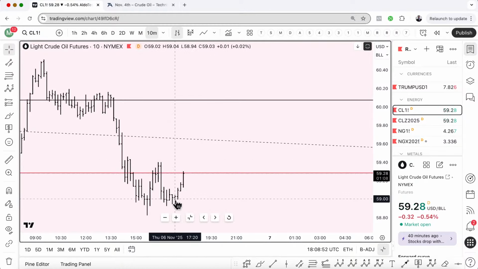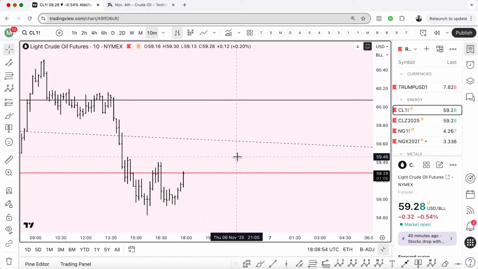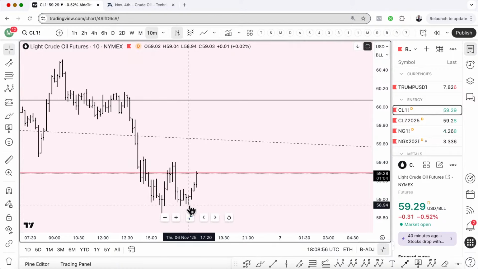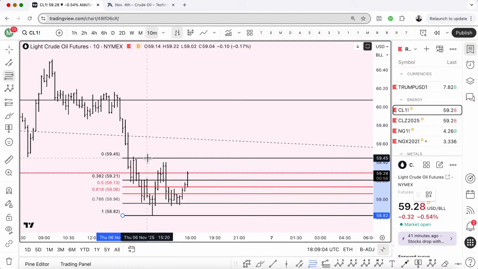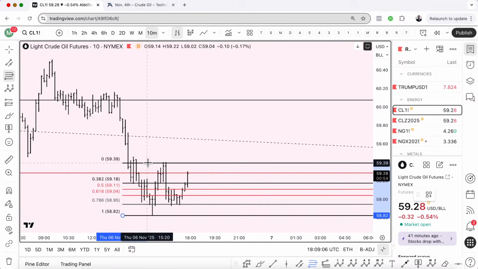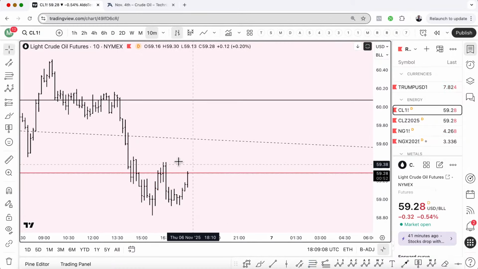The ABC here down is not absolutely clear, but it seems like it retraces all the way to 88%. Let's look at it to see if that's the case. Yes, exactly 78%. Perfect. So breaking this would pretty much confirm a move to the upside that probably says, okay,